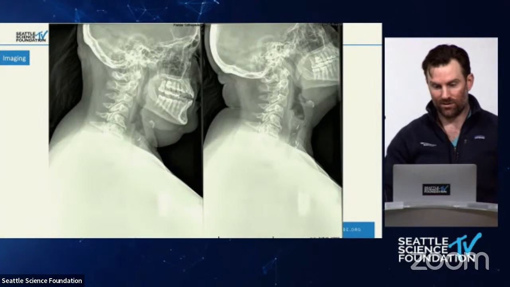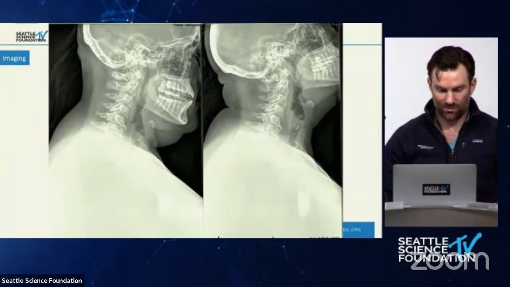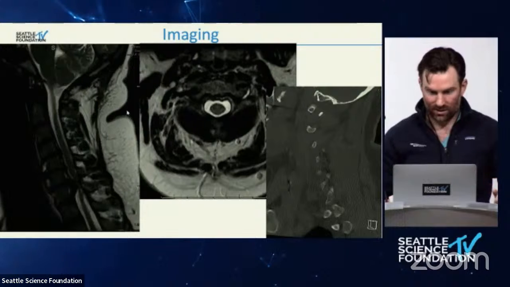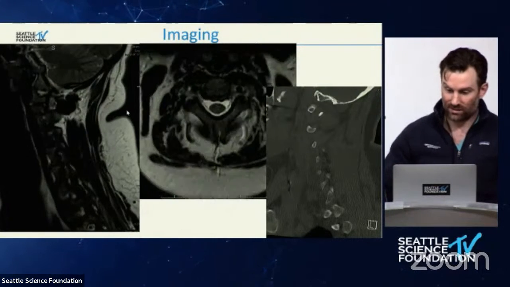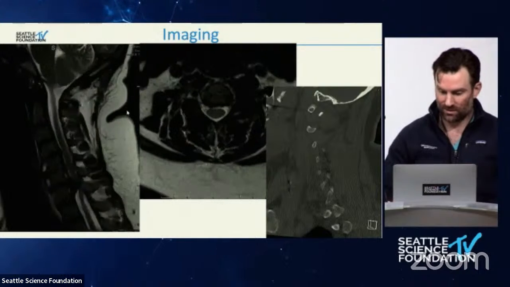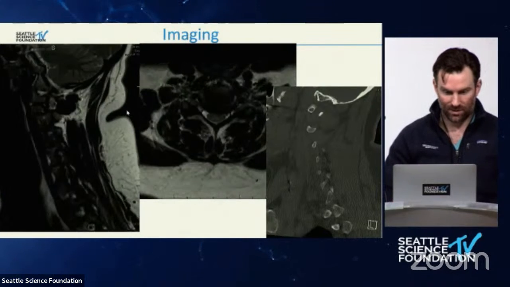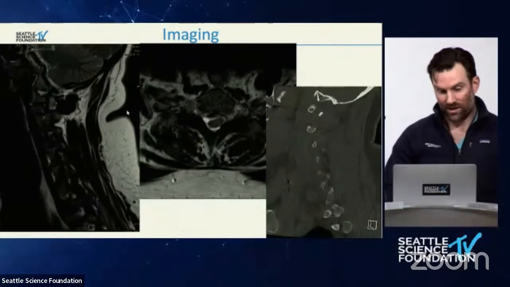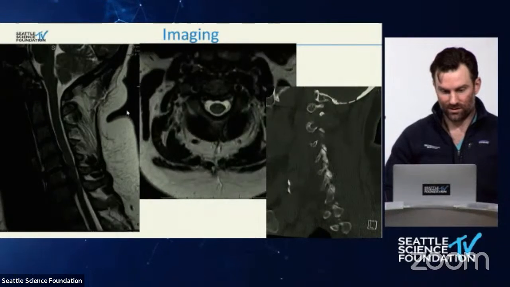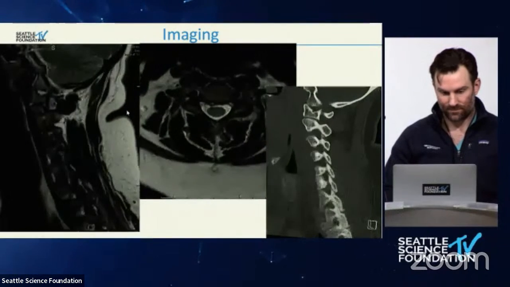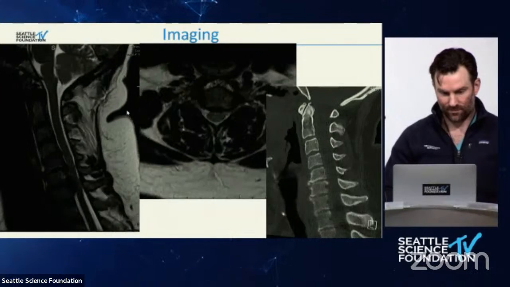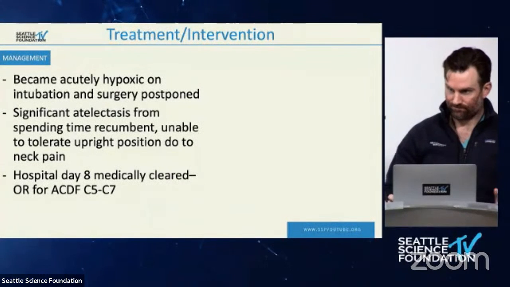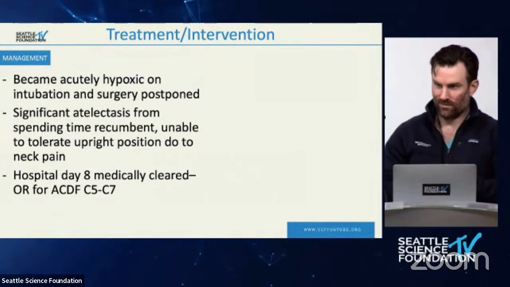On flexion-extension films here, you can see that she has very little motion, secondary to her pain. On MRI, she has spondylosis at C5-6 and C6-7, with a large herniated disc at the C6-7 level. You can appreciate that on the axial as it's getting down right there. It is not calcified, as you'll see on the CT. So a large, two-level soft disc, very large, with neurology, no myelopathy, right?